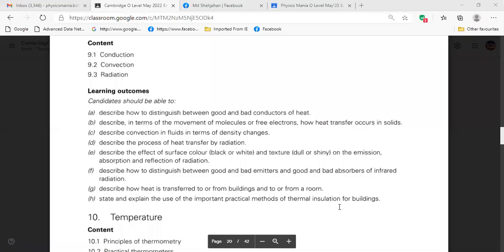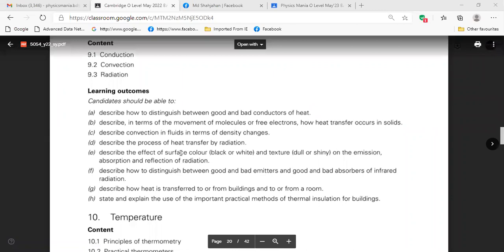So heat is transferred. Yes, exactly. Heat is transferred. Now you do the same thing